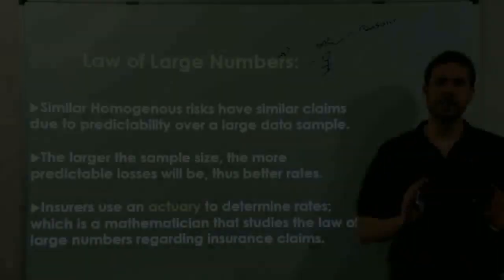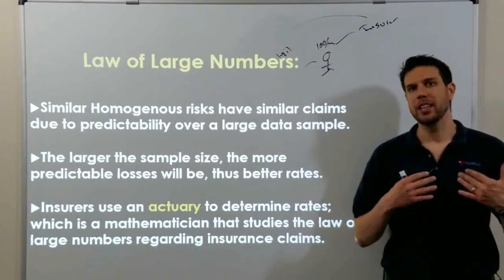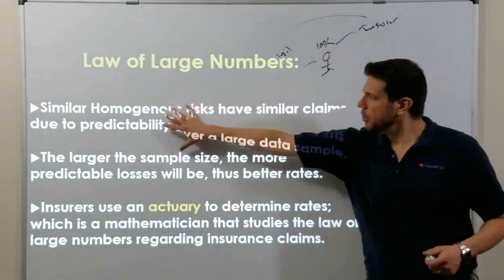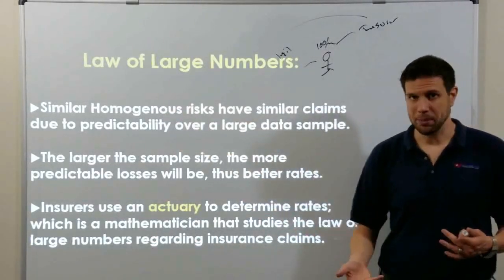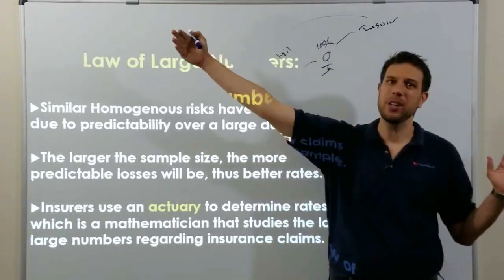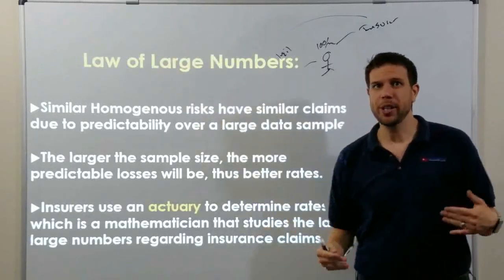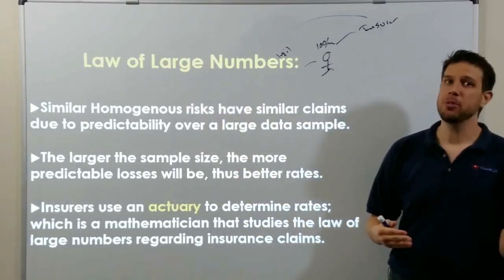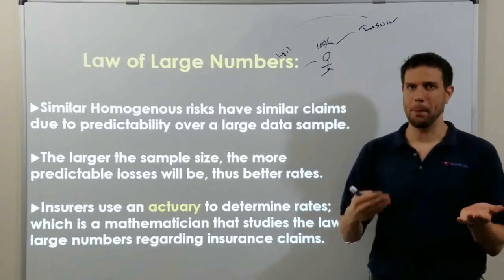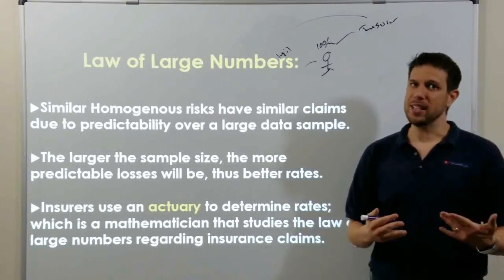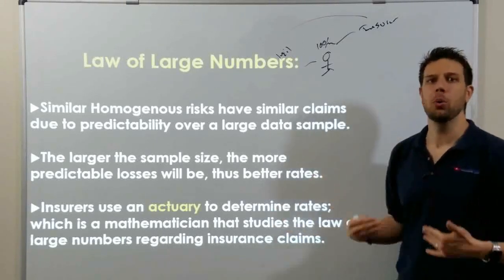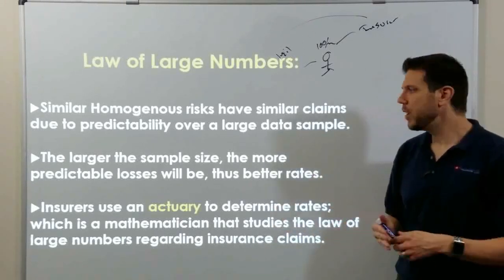The insurance companies utilize something called the law of large numbers. The law of large numbers states that similar people will have similar claims, and that if you project this across 1 million, 2 million, 10 million people, you can create a risk model to determine who's riskier and who's safer. So for example, who's a better driver, men or women? Statistically, women are better drivers than men. That's the reason why they receive lower insurance rates than a man.